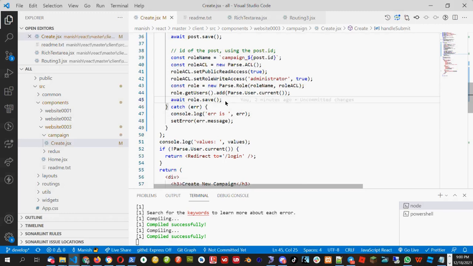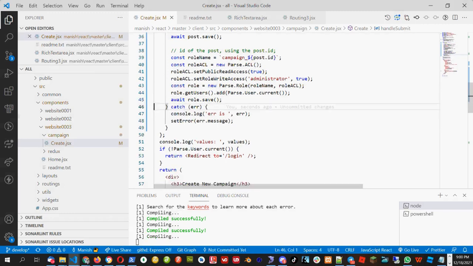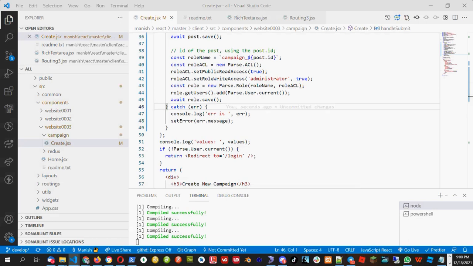Okay, so we are done with creating the roles. Let's go further to finish this add part. This add part is very big. It will take some time to finish it. Okay, so this role part is created. Now what I have to do,